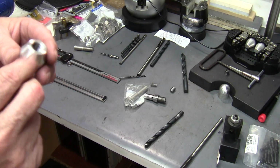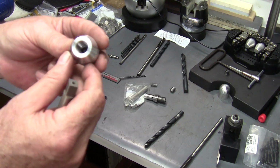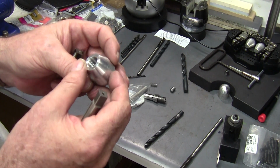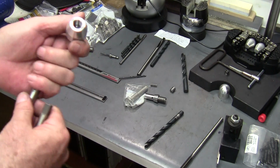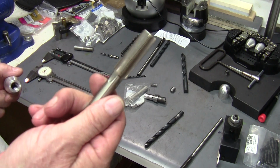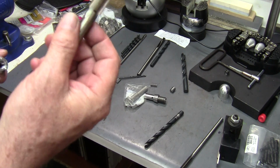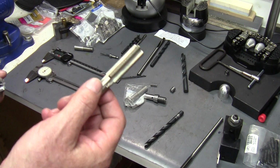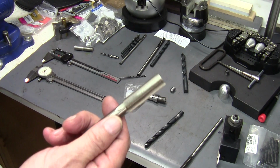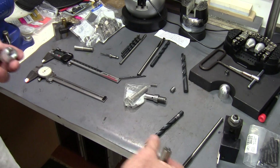Now the depth, I'm not going to get into the depths. All that stuff is on the blueprint that I can provide to anybody who wants one, and that'll tell you how deep it goes. But your bare minimum, you're going to need a tap. They're not real cheap, but you're going to have one. It doesn't have to be a half 20, but keep in mind that if you go like a half 13, which are a little more common, especially at the hardware store,